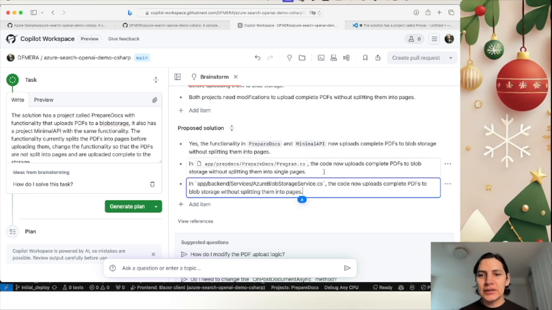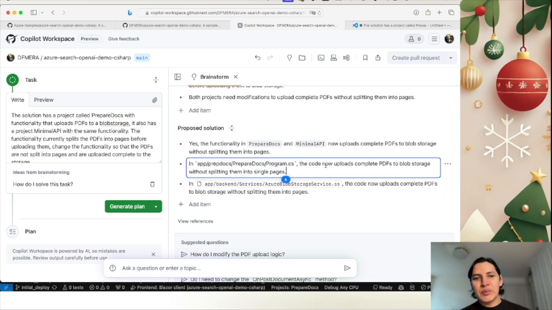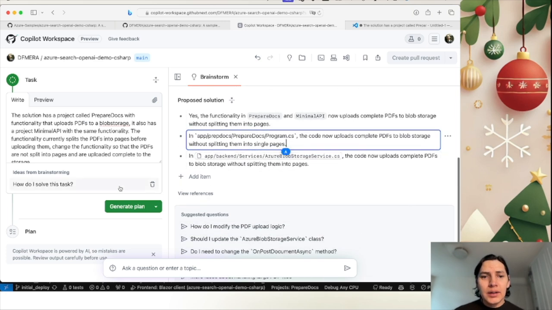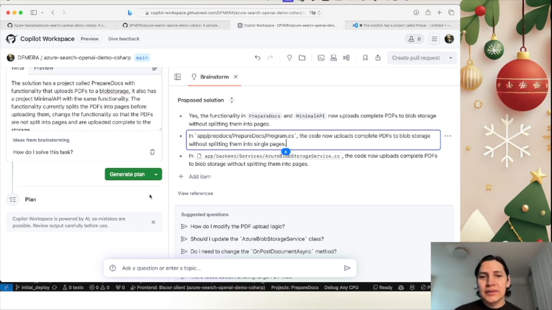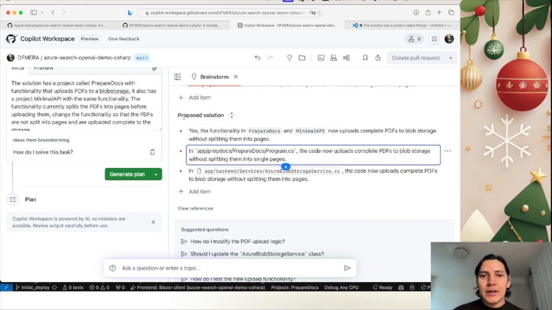Okay, I want to change these two files. So the next step would be to write the code to change the code in these two files. So the next step is to create a plan. A plan is basically the tasks that I want to give Copilot to perform to fulfill this proposed solution. Okay, so that would be the next step. I'm going to click here on Generate Plan, and let's see